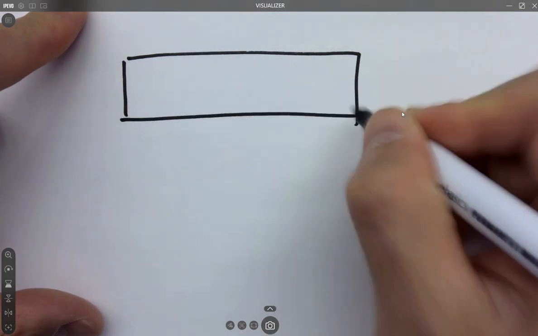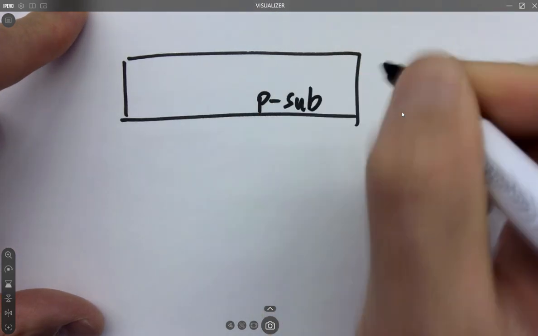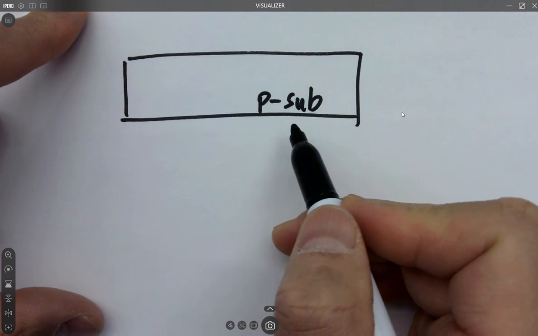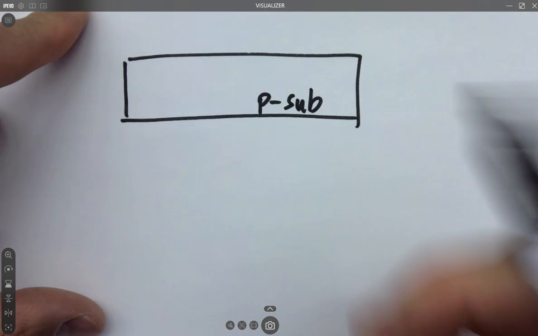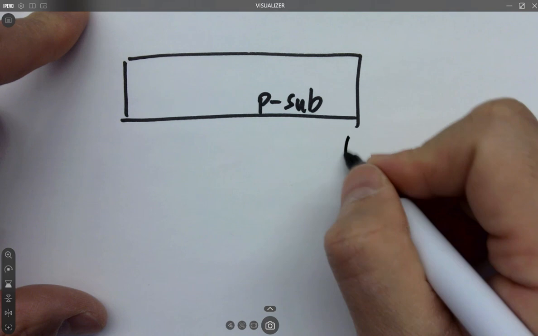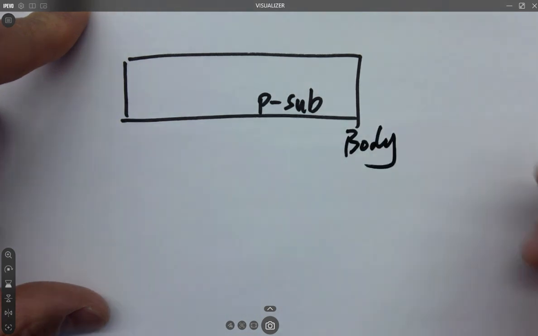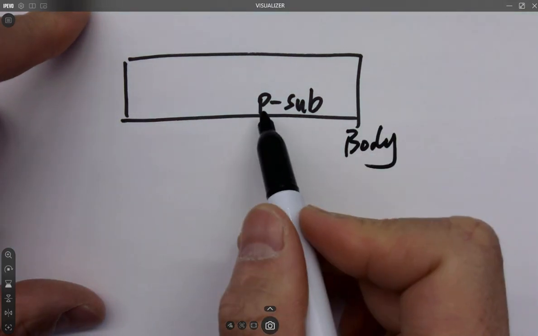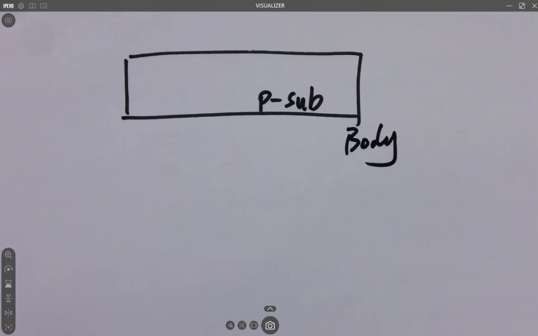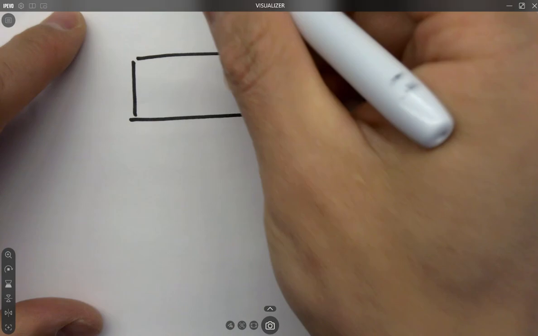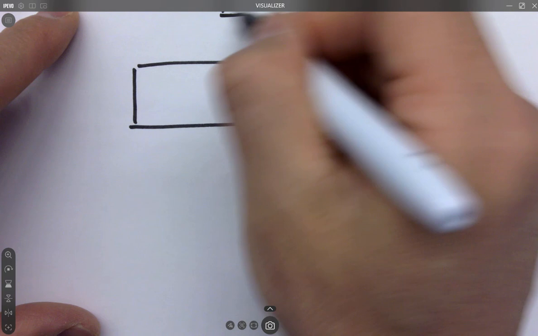Okay, here's P sub. P-type substrate, or P sub. A lot of times we call it body. Okay, P sub is a substrate. It's basically just a wafer. There's a wafer holding all these semi-integrated circuits. It's a wafer itself. If I draw this,